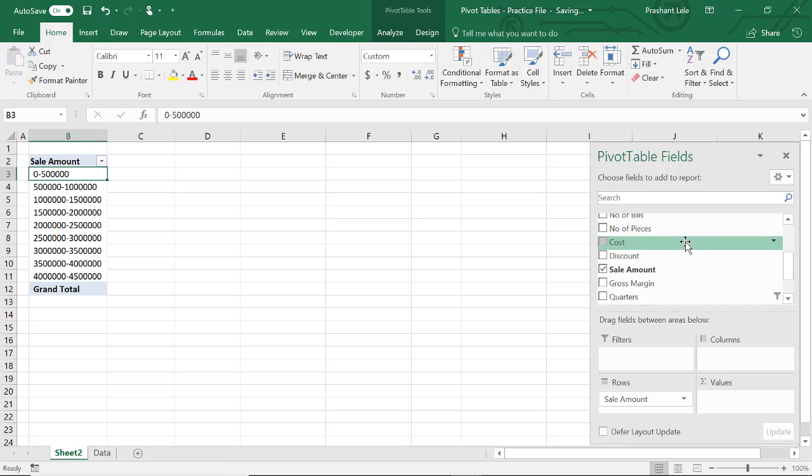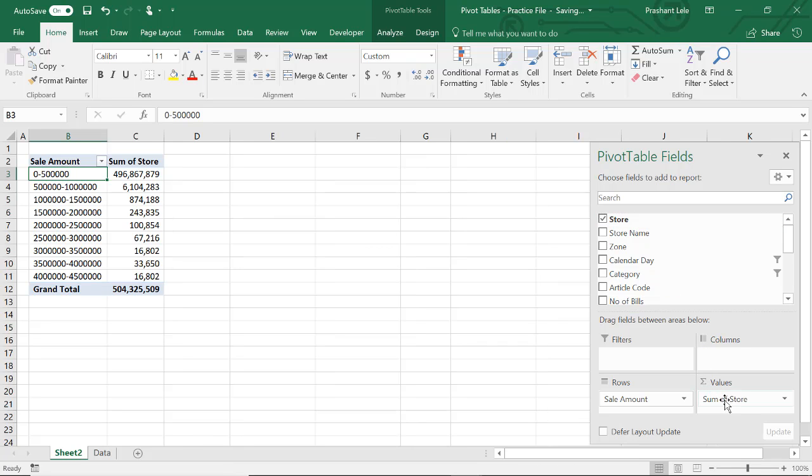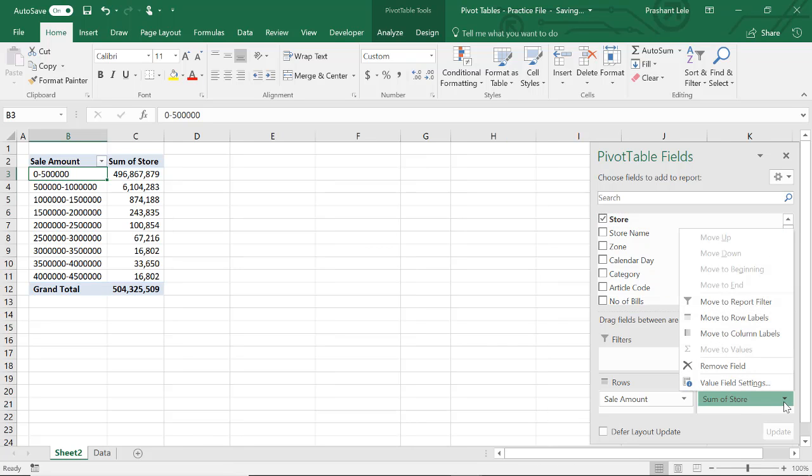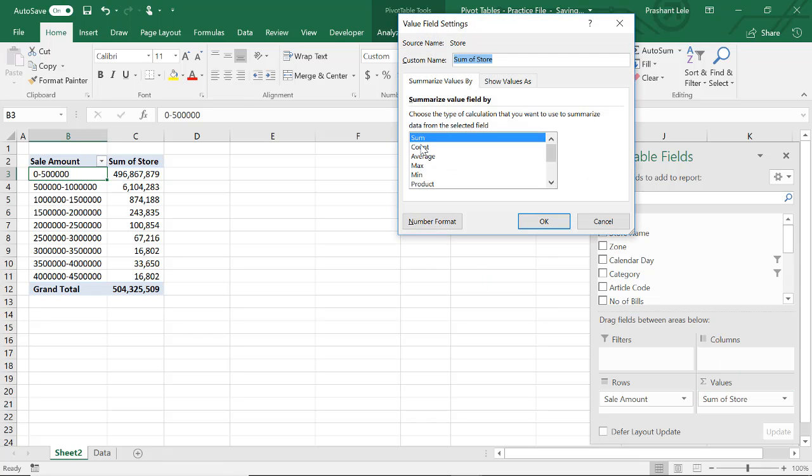Now I can pick up any of these fields and take the count of it. Say store. It is giving sum because it is in numeric form, so I will change the calculation to count.